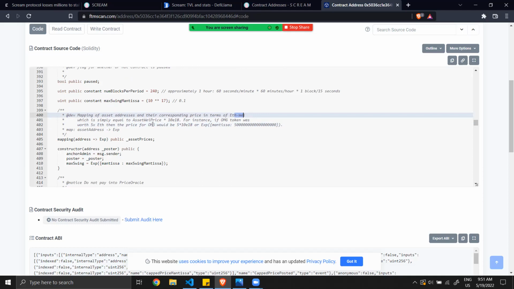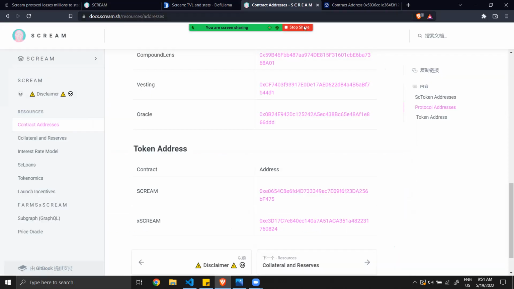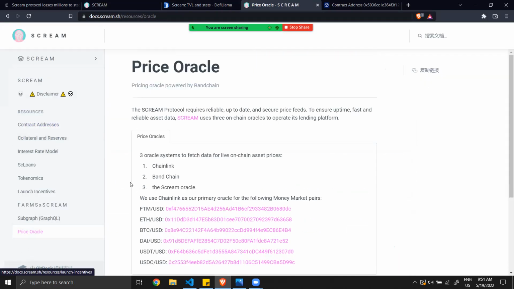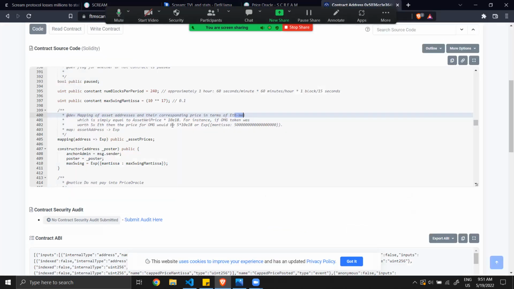And also I thought it was in dollar because then it's compared in the, I don't have the doc anymore, but they say that they are using 3 different oracles. Here is in USD, here is in USD, and this would be in Wei. So that was a bit confusing.